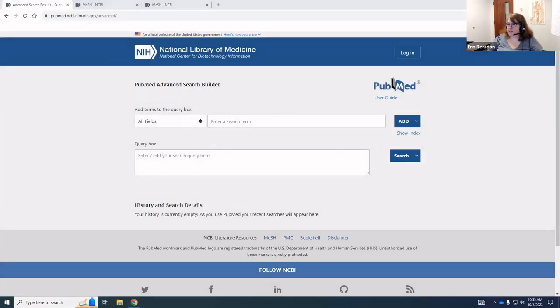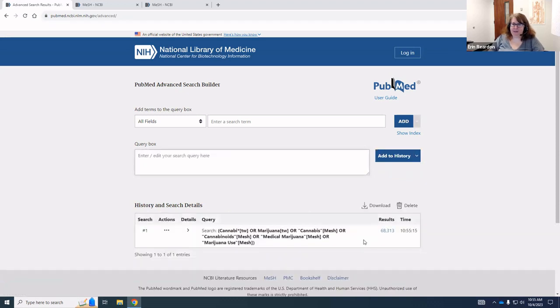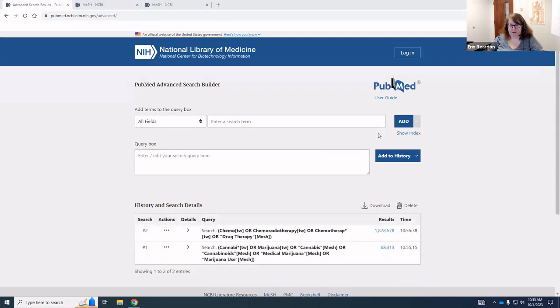And I'm just going to copy these one by one into the query. And instead of clicking on search, I'm going to click add to history. So that's just going to pop it down into our search history, and it shows us how many articles are being found. And I wouldn't worry about how many results there are just yet, because we're actually going to be combining a few different words. So we're getting this next concept, add to history. We've got our third concept, add to history.